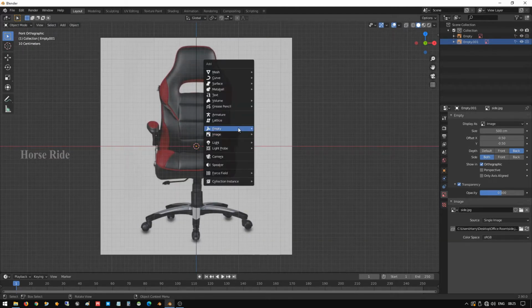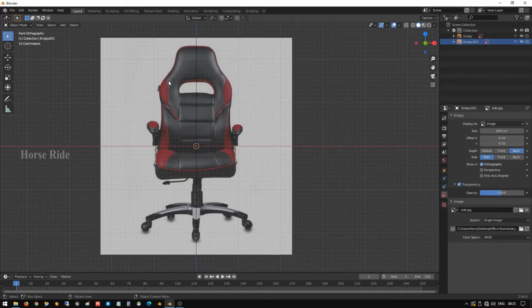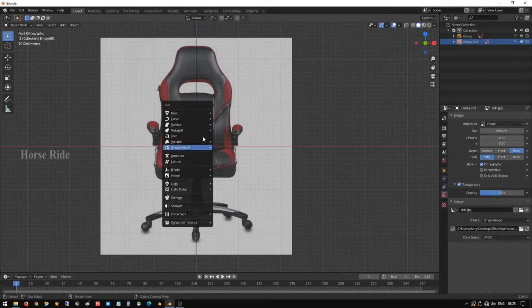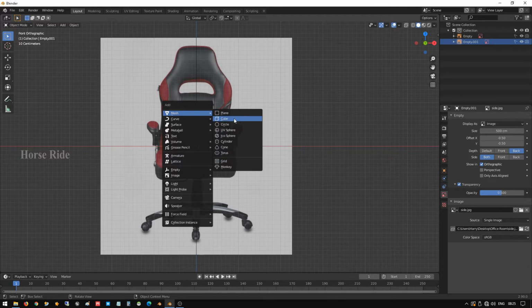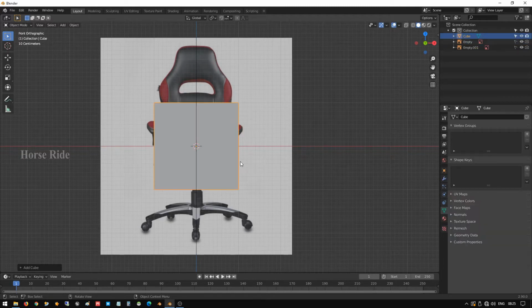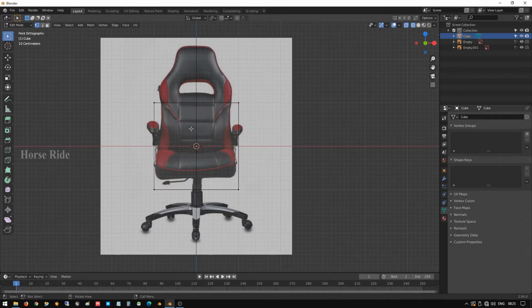Press Shift A, and we are going to start with the seat mesh, the first one which we are going to design now. Press Shift A and create a cube. Go to edit mode, press Shift Z to go to wireframe, and let me start modeling the seat.